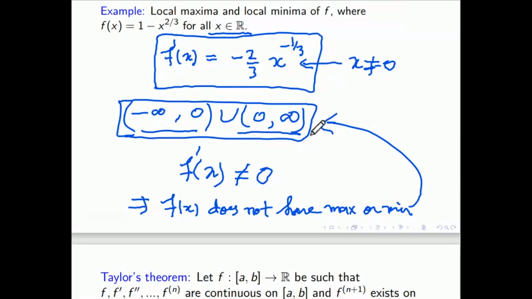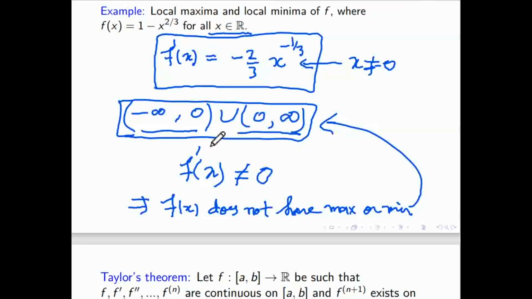That means in this range, only then can you differentiate. If the function is not differentiable, how can we differentiate? Okay, sir. So now the conclusion is that by the first derivative itself, we can say that there is no point in this domain where maxima or minima can occur. Now the thing is that at x equal to 0, it may be maxima or minima. So at x equal to 0, we have to check separately. Even if you include x equal to 0, because the derivative is giving information only about the interior points, we cannot say anything about 0.